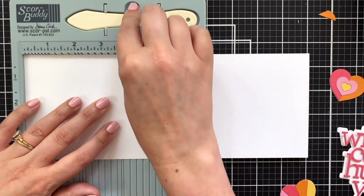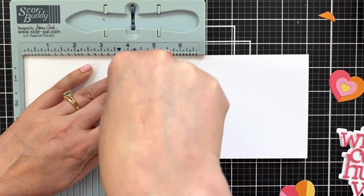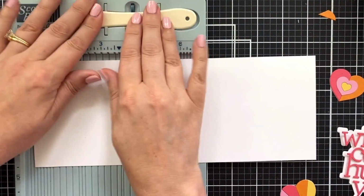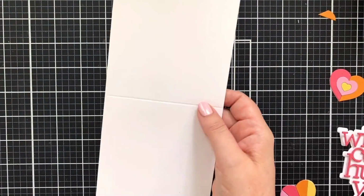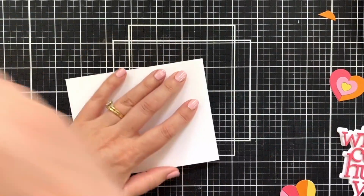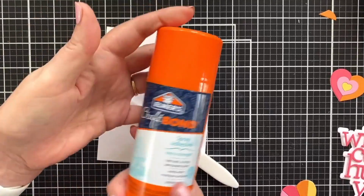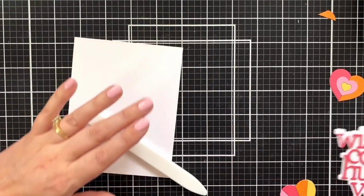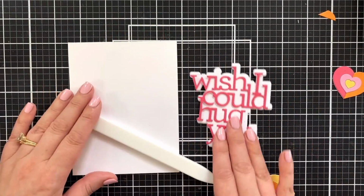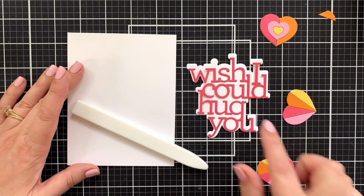Before I decide, I'm going to go ahead and score my card base, and we'll just go 5.5 because I know it's going to be top folding. And I do think there is something to be said about having a white card base, because that's really going to help it also let my hearts pop, you know? I've got my spray glue, right? And I can do 1 layer on here to start. So let me go ahead and spray this off camera so I can glue that down just to get a